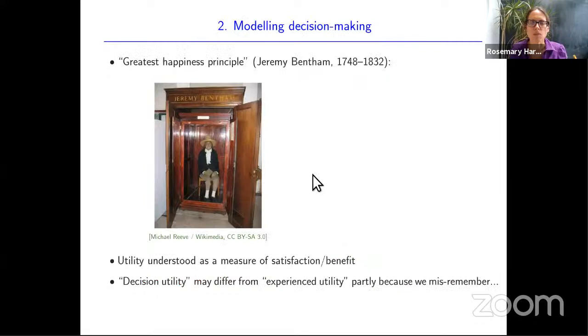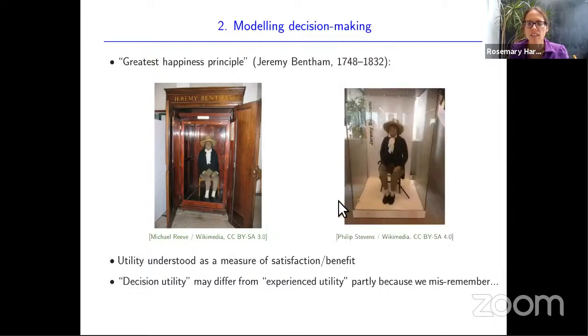So how do we actually make decisions? Well, it's very complicated, but part of it relates to this idea in economics of utility, which goes back to the greatest happiness principle of Jeremy Bentham. Here's Jeremy Bentham. His body is famously at UCL. This is the picture I used to show of him, but actually he moved just before the first COVID lockdown, and he now sits in this box on the right in the Student Inquiry Centre at UCL, nicely COVID secure behind a glass screen.